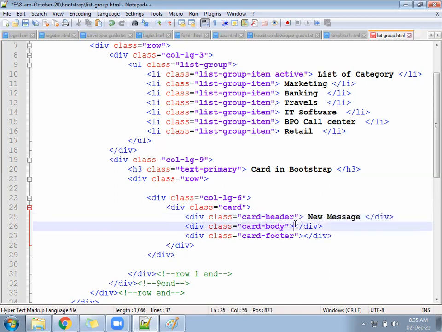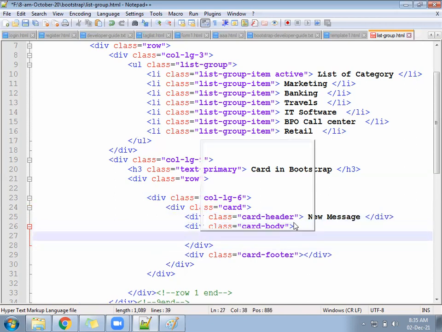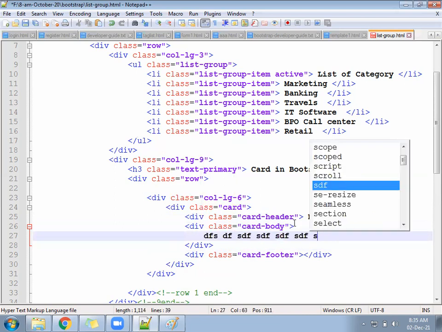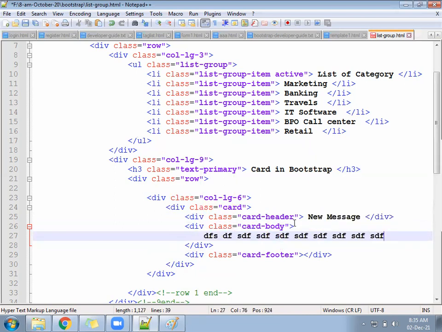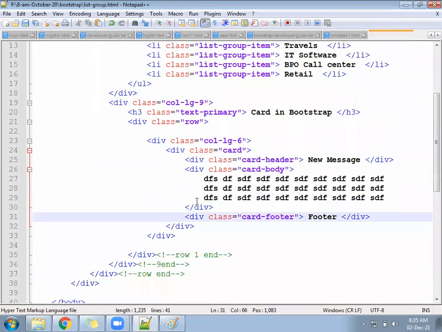Under the card body, write something, a text message. You can write 2-3 lines. Card footer: shipments.